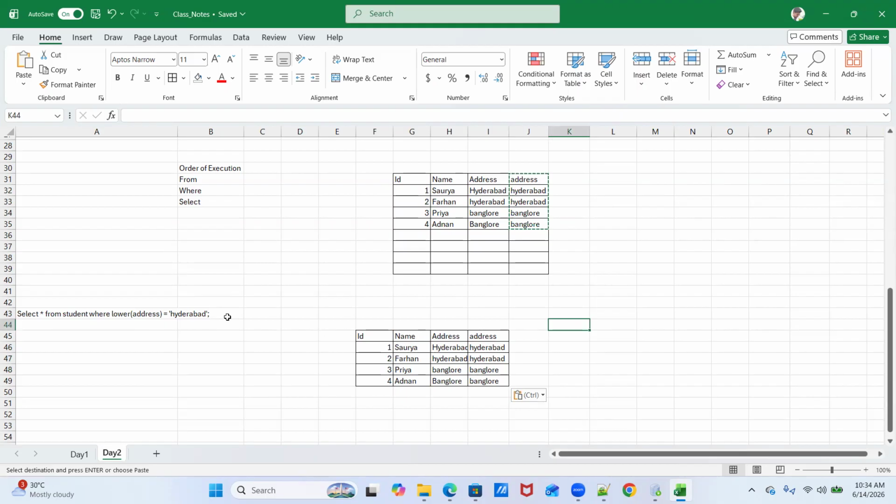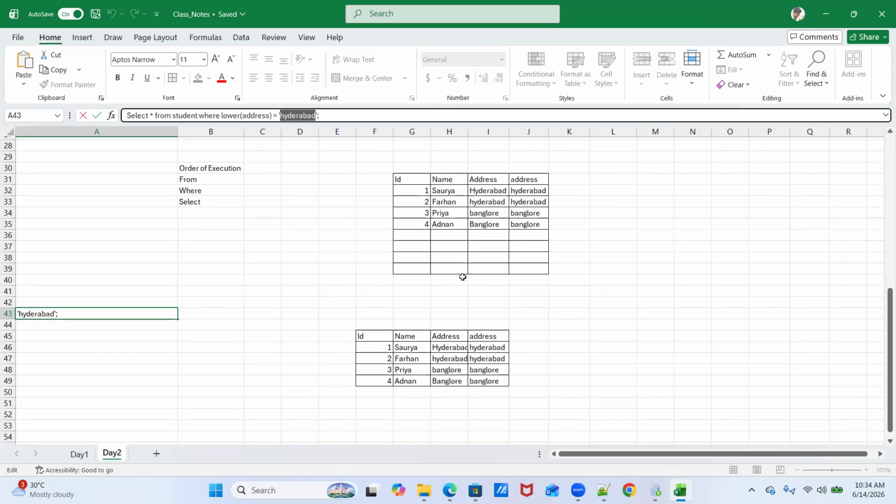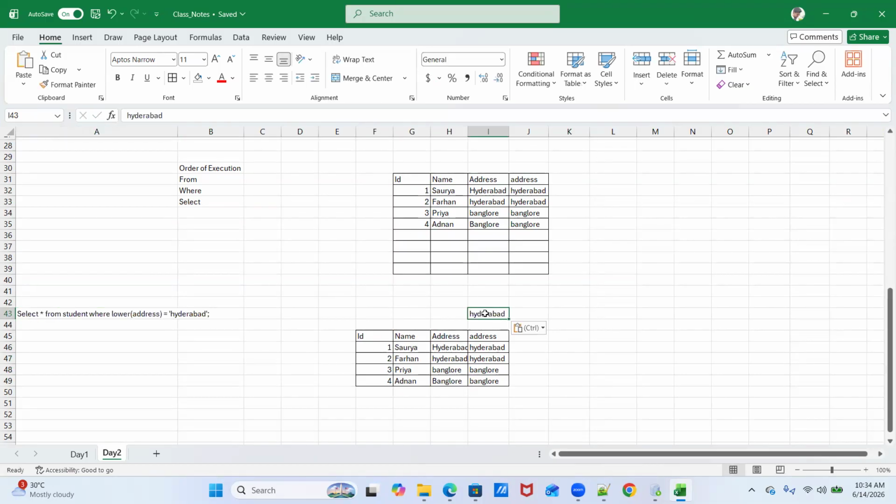Now it will see based on which particular condition or value the user wants me to compare. The user wants to compare based on Hyderabad. Then it will search against the address column that it has converted in lowercase, not against this column. This is the actual column, and it is not converted in lowercase; the value of the original address column is in the same case.